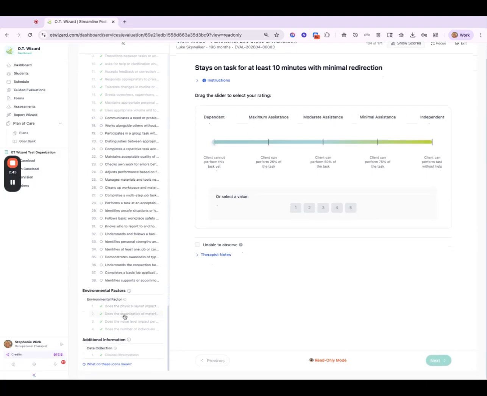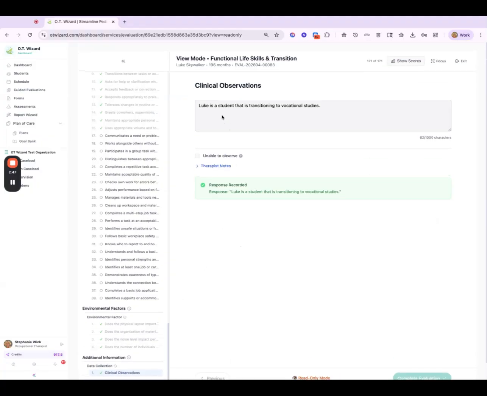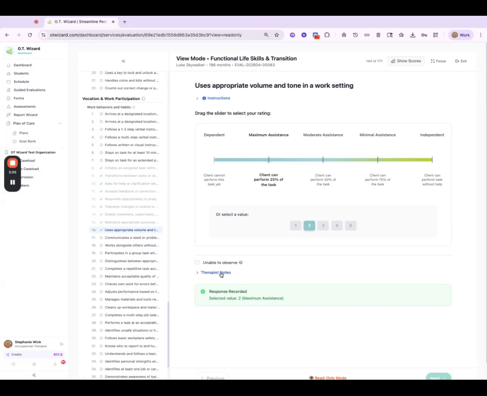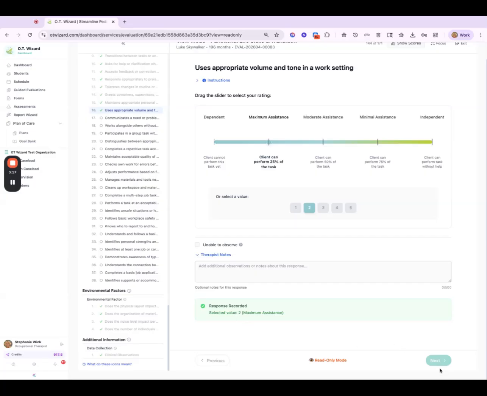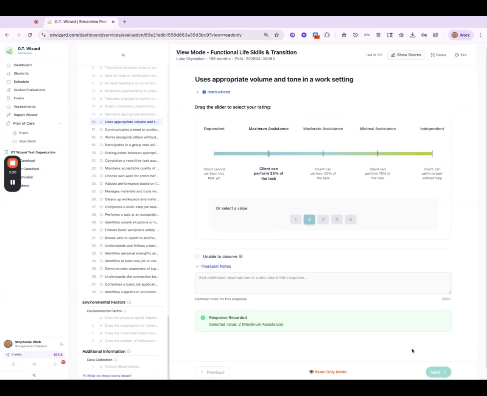The environmental factors is important, and then you will have to add in some clinical observations. So this is a good place to also put in any observations that you have, but also any feedback from anyone that you've interviewed, including caregivers or teachers. Also remember, when you are adding information here, that you have a place to put therapy notes in. So if there is something specific that you want to add in that's specific to the question, that's a great place to put it in. When you're done, you'll be able to click that you want to generate the report or